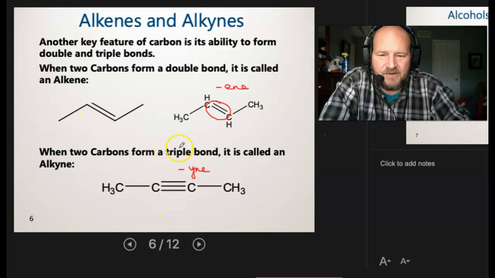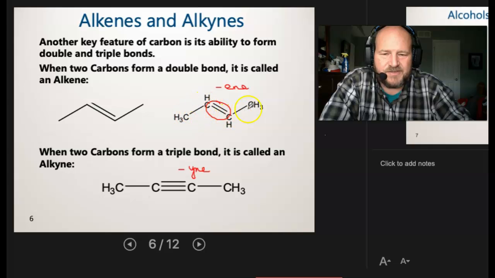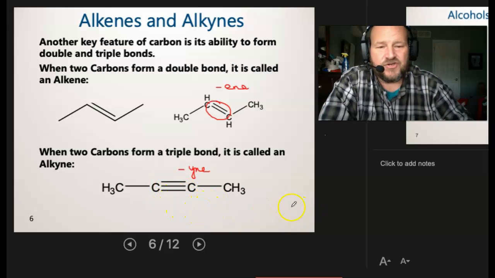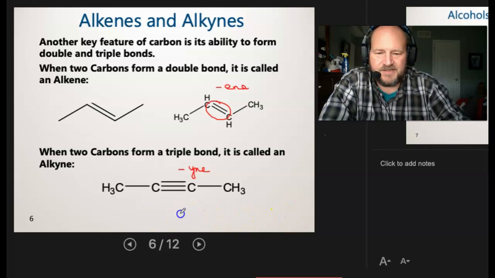Now notice the angles here. This is going to be a planar molecule. So this one doesn't look much different than if I were drawing these out, especially if I use those stick figures. But notice this one becomes linear. Again, that's not something you'll need to worry about, but in the drawings, you'll see that. So remember, if we're doing stick figures, because it's a linear compound, it's going to look like that.